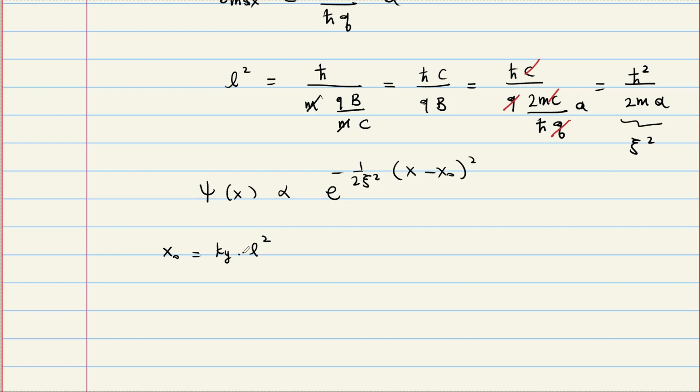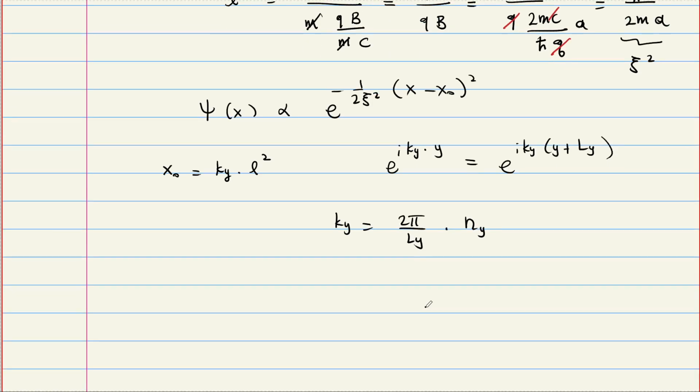And I need to choose something for ky, and typically we choose periodic boundary conditions, right? We are saying that we have e to the i ky times y type of solutions, and we require these solutions to be periodic, ky times y plus some finite size in the y direction, and this gives us ky is equal to 2 pi over Ly times some, let me call this ny. This is not the harmonic oscillator, this is like a Landau quantum number,